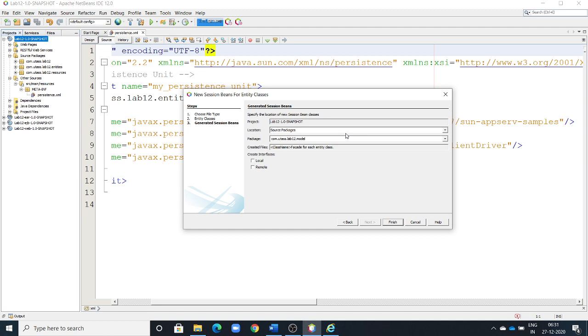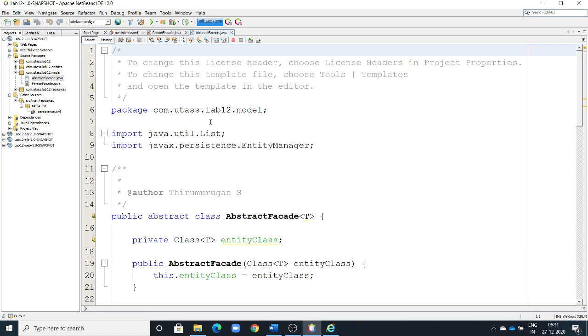Now the session bean for entity class, that means we are going to create the session bean for the already created entity class. Please note down here, it is going to create two classes. For example, once I click finish, you can find two classes. One is called AbstractFacade, another one is called PersonFacade.